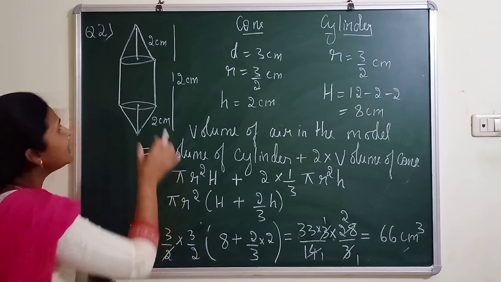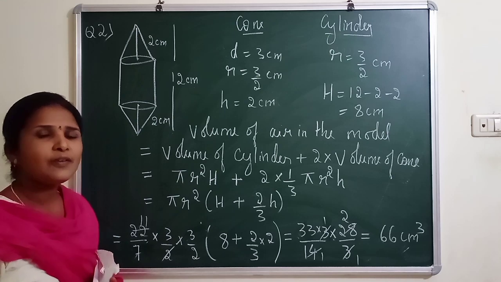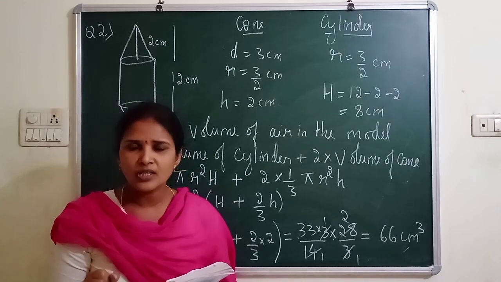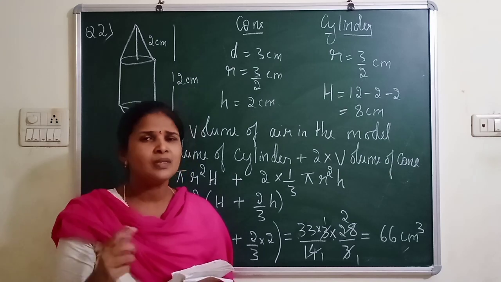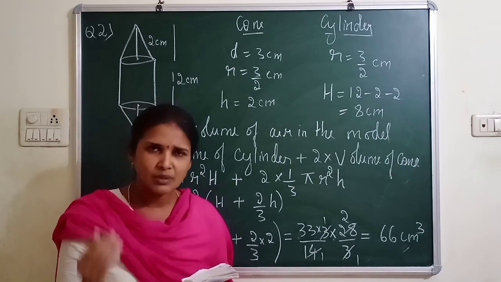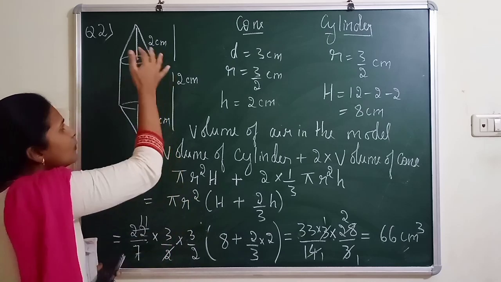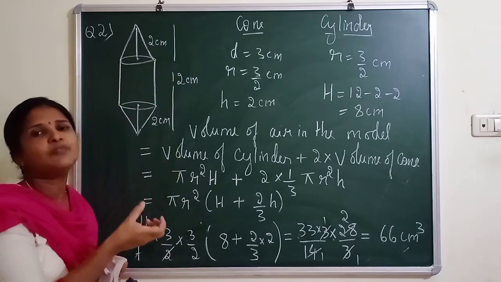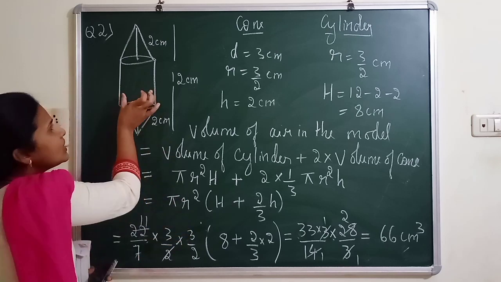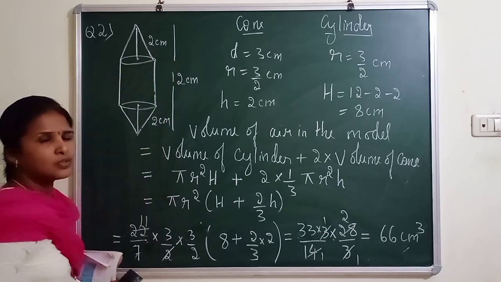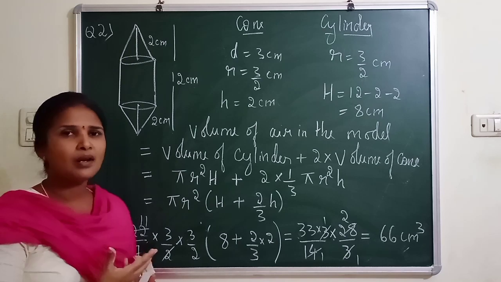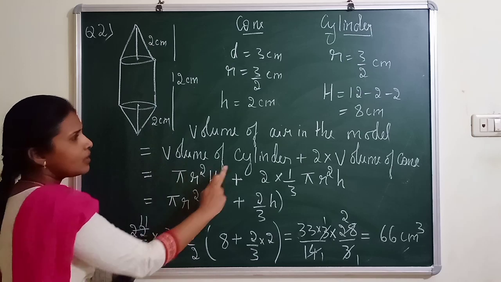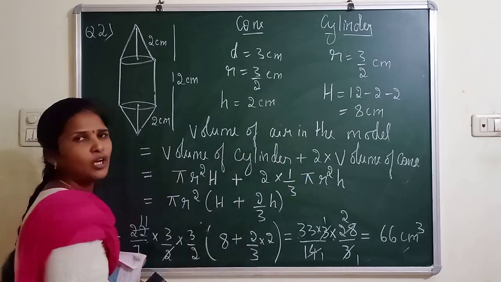So now I should find the air inside this model. Like if you compare with your bedroom or a hall or anything, if it is in cuboid shape, what is the volume of air in your room? It is nothing but the volume of the cuboid. So similarly, here the volume of air inside this model is nothing but, what 3D figures are involved? Just look at it. One is a cylinder and two cones. So tell me, what is the volume of air in the model? Nothing but volume of cylinder plus 2 times the volume of cone.